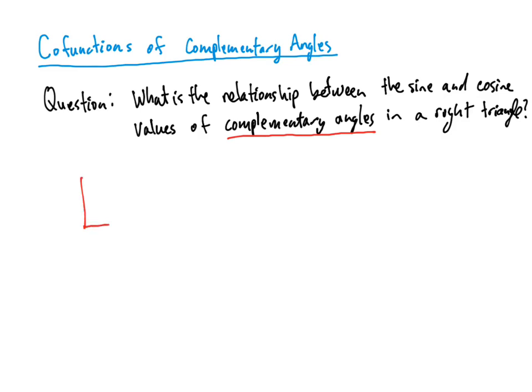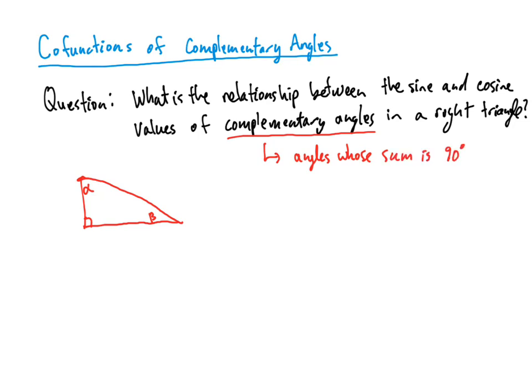So if we have a right triangle, let's draw that a little bit better. Somewhat better. We have a right angle down here. So this angle, let's call it alpha, and this angle, let's call it beta. These two angles are complementary because their sum is 90 degrees. So complementary angles are angles whose sum